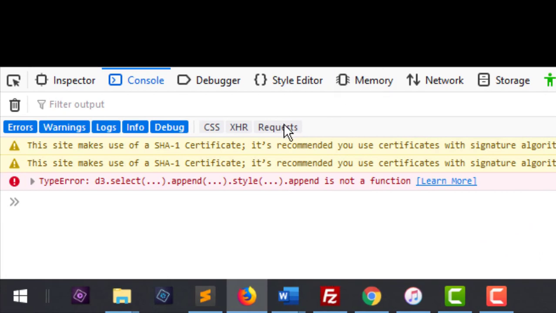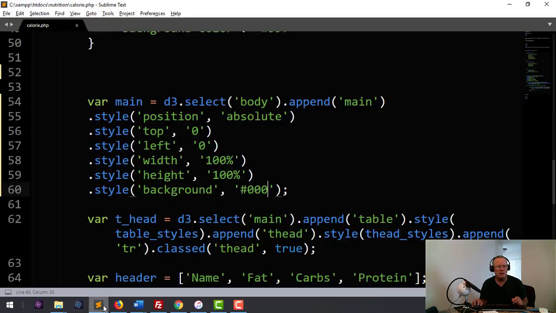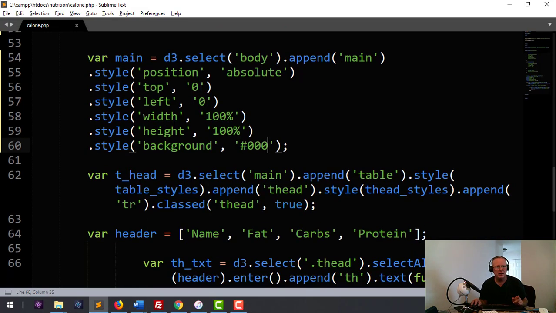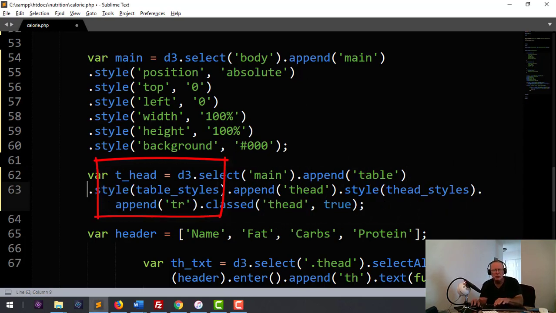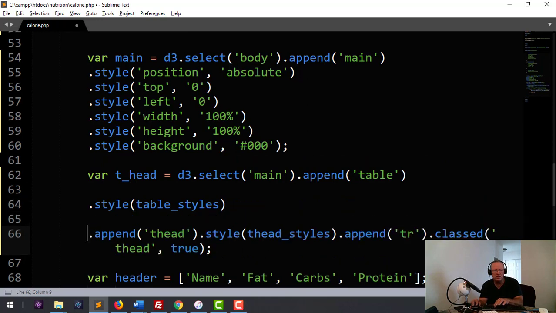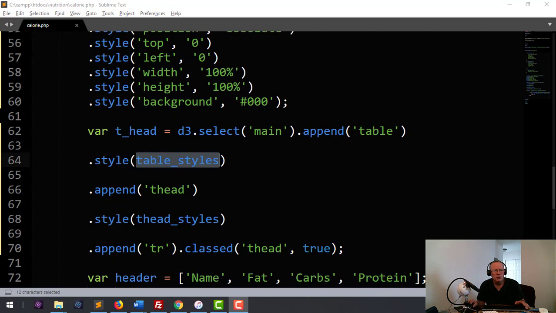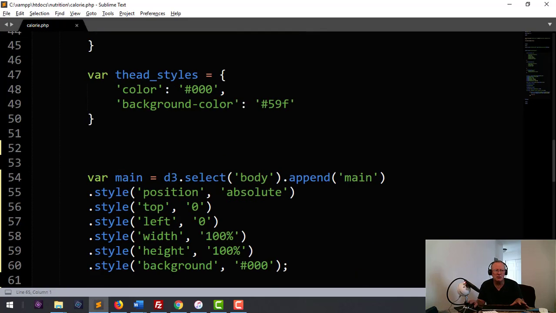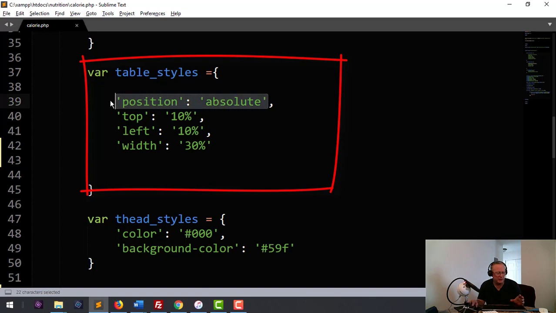So we get the main element, but we still get the arrow down here, and it's because we have our styles in our T-head header styles. And I see we also have the table styles. So what we need to do to fix this in the later version, I'm going to give it more space right here. So what we will need to do is replace our object inside of our styles with a bunch of style functions. So the table styles, I'm going to start with, I'm going to copy this,